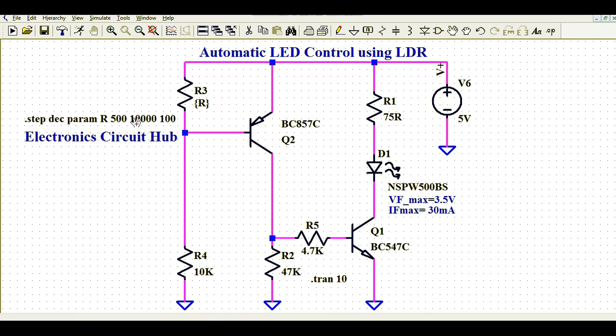That is how I model the LDR by using a resistor, and I am using a changing resistor here. The resistance value is changing from 500 to 10K with a step of 100. So that is about R3, and I have connected R4, which is 10K. I'm using 5 volt here to drive the LED, and the LED's maximum forward voltage is 3.5,